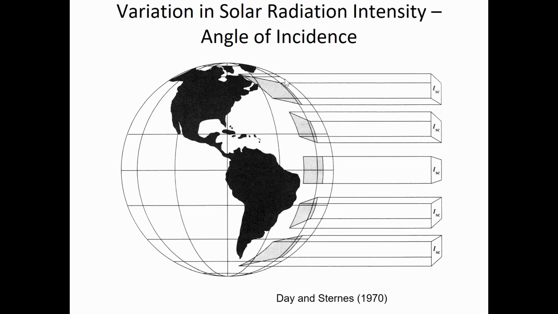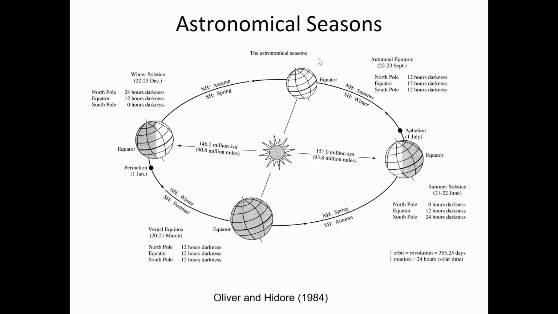But of course, the Earth tilts during the seasons. Right now, we're at the point where the Earth is about straight up and down. We're getting close to the equinox. That's tomorrow, actually. It's a day that tomorrow we'll have 12 hours of sunlight and 12 hours of darkness. In fact, that's what this figure shows. It shows that on the 22nd of September, we have the autumnal equinox. And at the North Pole, the equator, and the South Pole, everywhere has 12 hours of darkness and 12 hours of daylight. The vernal equinox in the spring is the same situation, but in between those two periods, the Earth